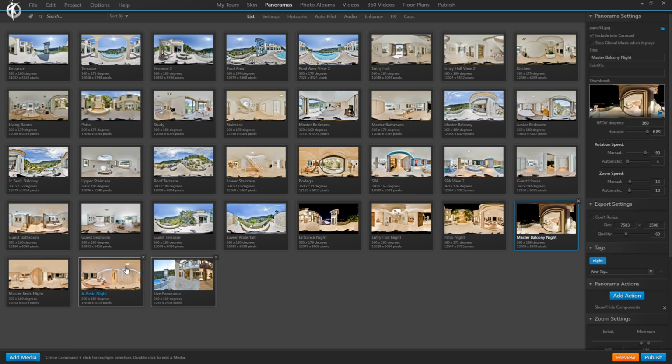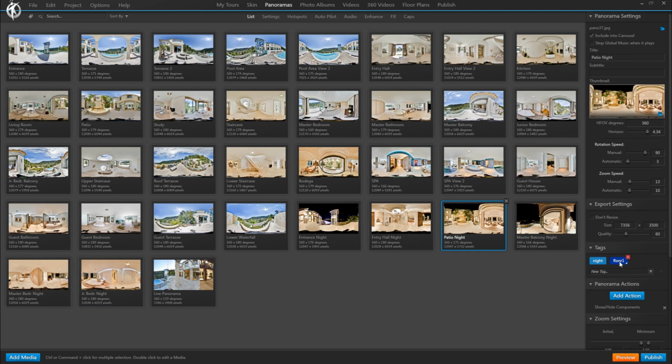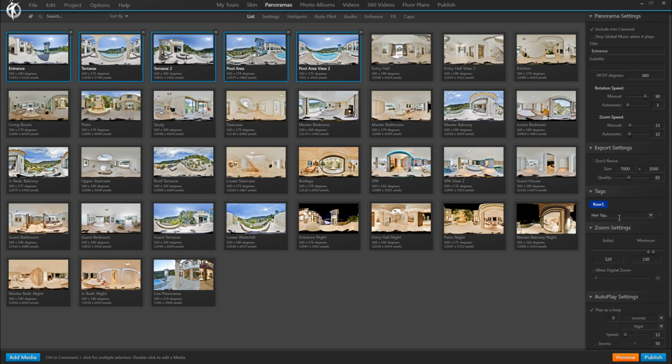So these 3 would be night, but also floor 2. Okay. Assign, and that's it. So we have night and floor 1. And night and floor 2. And I'll just quickly add a couple more tags, such as terrace for these ones.